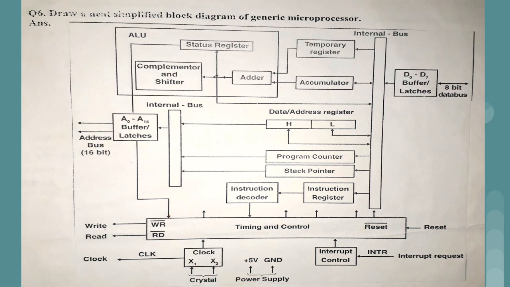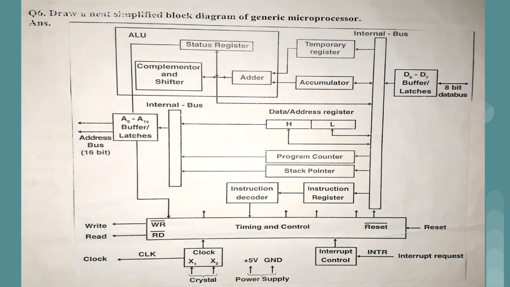And now to the timing and control signal, there are different things which are connected. These things are nothing but the pins. As we all know, the 8085 microprocessor is a 40 pin IC. So WR, which stands for write, is one of the pins of the microprocessor connected to the timing and control signal. Like that we have other pins like read and CLK. Then we have X1 and X2, which are the crystal pins.